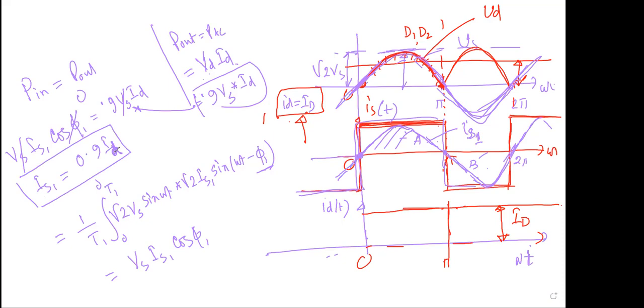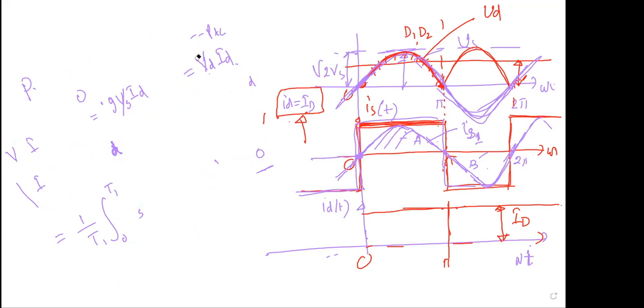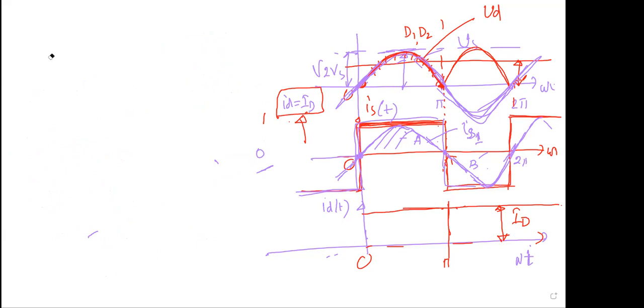You understand it? What is ID? This is the average value. Yes, this is the load current, that means the constant current that is added to your output side. Okay. So in a nutshell, what I should say is that the RMS value of the first harmonic component of input current, let me write down,